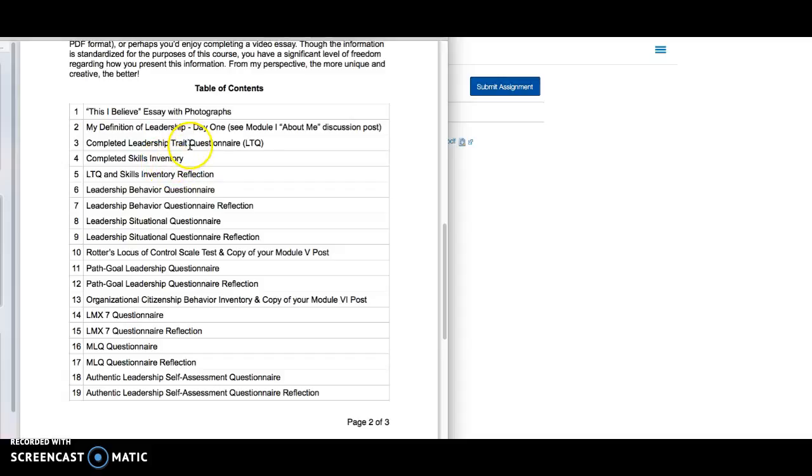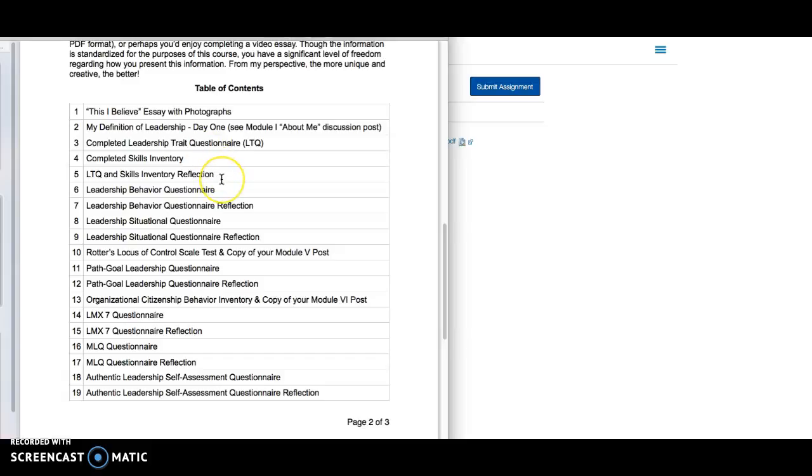So in this situation, you'll read chapter 2, which is about trait leadership. But before you do that, you're going to complete the trait leadership questionnaire. When you've completed reading this chapter, you'll go on to chapter 3, which is about skills, and you'll complete the skills inventory before reading the chapter.